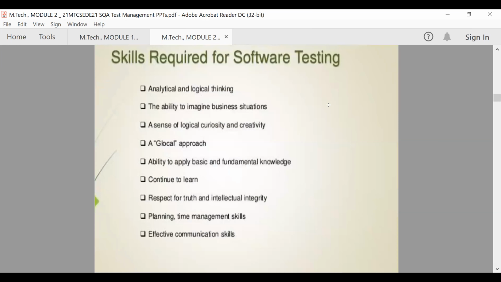So the next related topic to the module is skills required for software testing. If you want to become a software testing engineer or test lead or QA QC engineer or agile software testing team member, you should possess the following skills. The various skills needed are analytical and logical thinking.